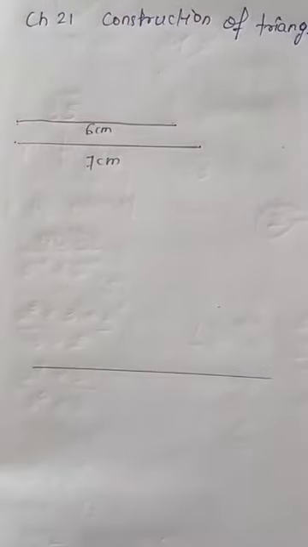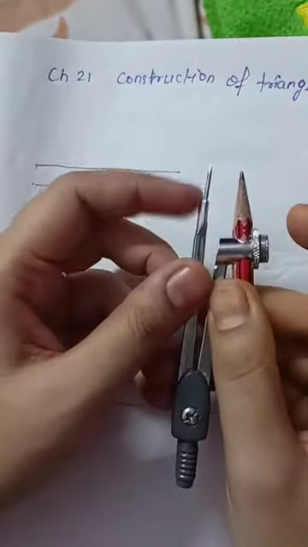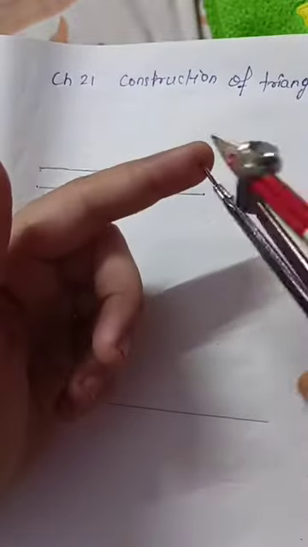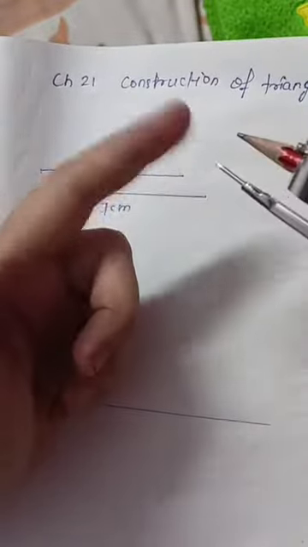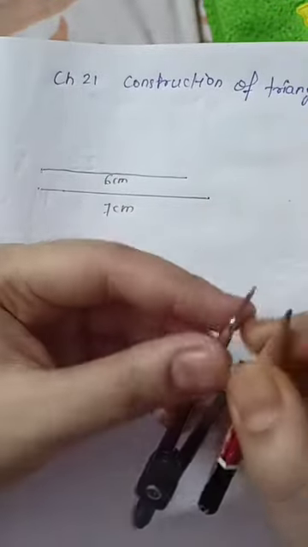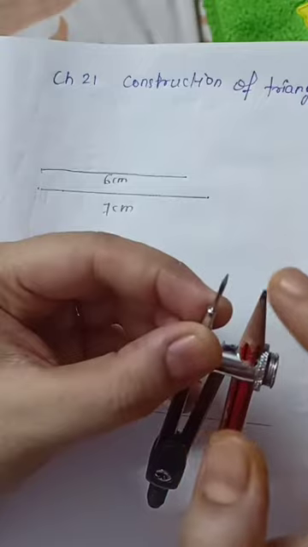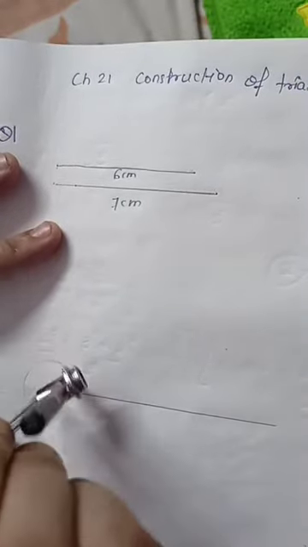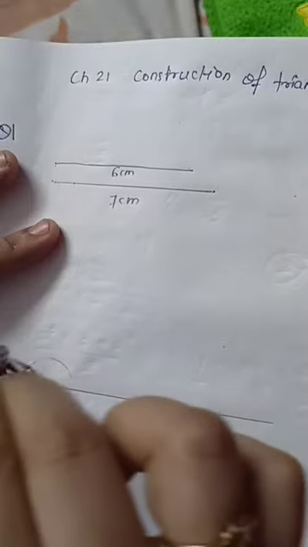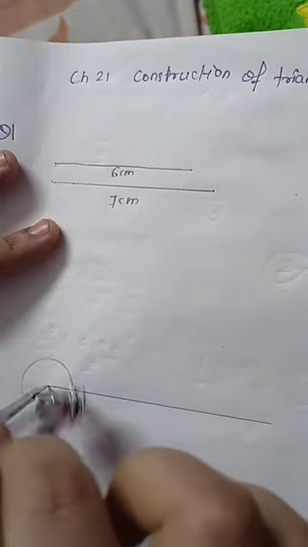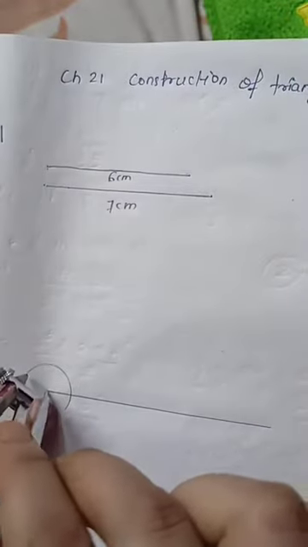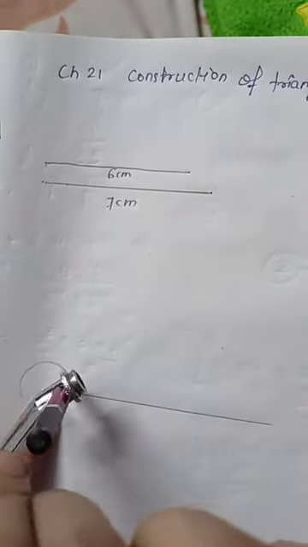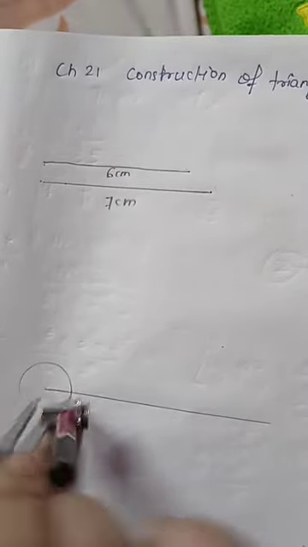Next I will take my compass. So this is the compass I have taken. This is called the center, and through this compass I will be drawing a circle. This will be my center pointer. Taking any radius, from here to here, the distance of any measurement, I will be drawing an arc at one end of the line segment which I have drawn. As you can see, here is the center of the circle, and here the circle is intersecting the line segment at a particular point.